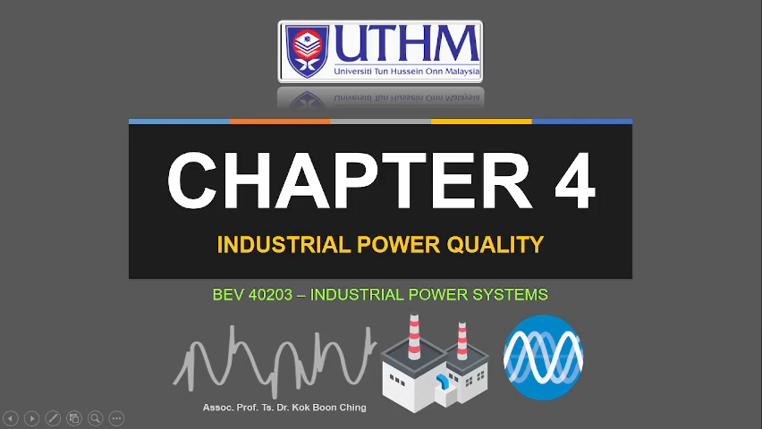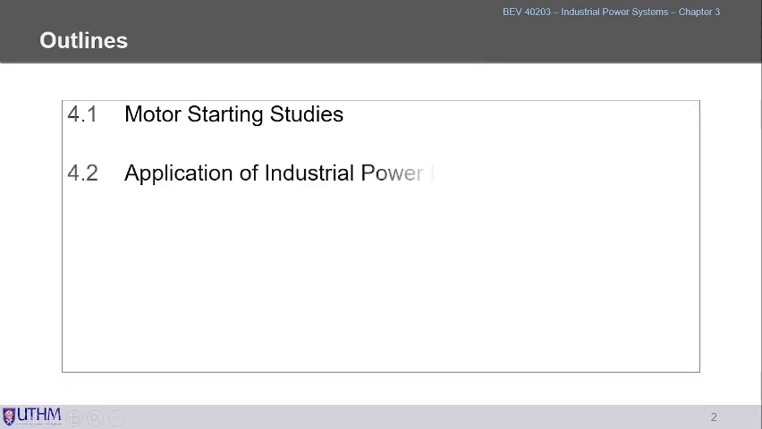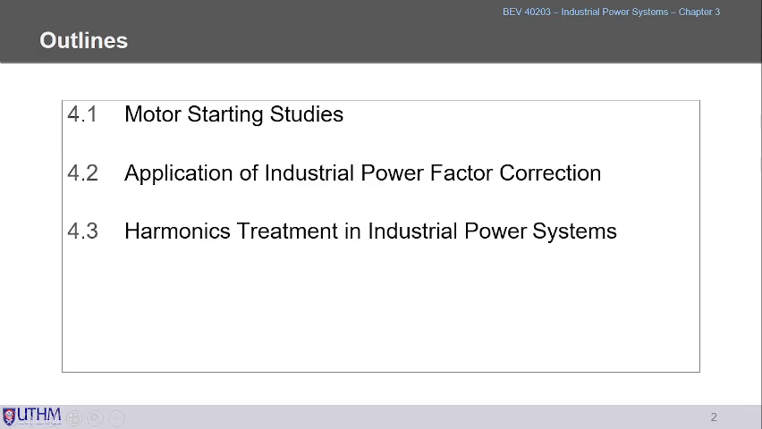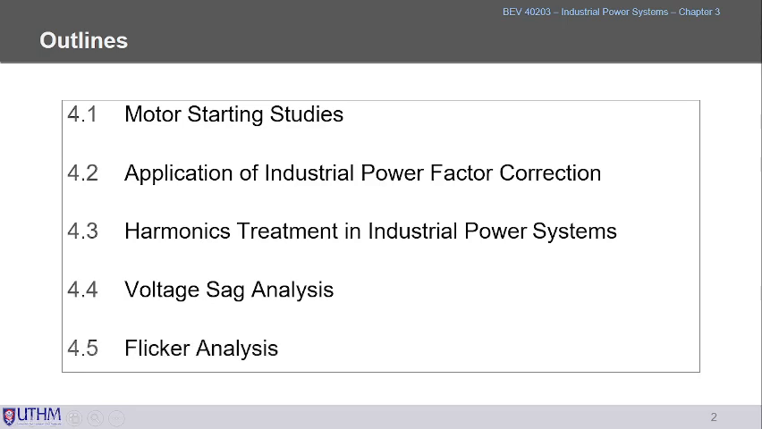Good day, everyone. Today we explore chapter 4 of the IPS, entitled Industrial Power Quality, and we look at the outline for chapter 4. 4.1 is regarding the motor starting study. 4.2 is about the applications of industrial power factor correction, and 4.3 is on harmonics treatment in the IPS, and 4.4 is the voltage sag analysis, and finally we explore a little bit on the flicker analysis in